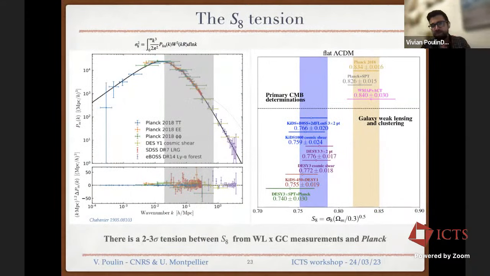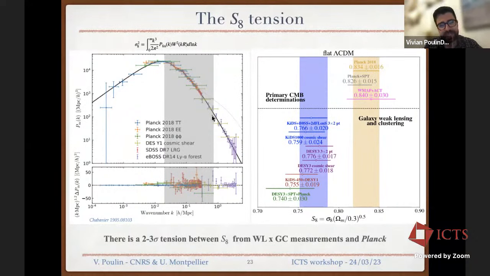However, there is another problem that I want to touch upon now that has to do with measuring the amplitude of fluctuation at small scales. This S8 tension, and I know you've heard about it, so this is somewhat of a repetition. And this S8 parameter is really a measurement made typically from weak lensing galaxy surveys that can be cross-correlated with galaxy clustering as well, and other probes. And typically it measures the amplitude in the gray band that I showed you. This is the sigma 8 parameter here, times omega m due to degeneracies that exist within the weak lensing measurements.